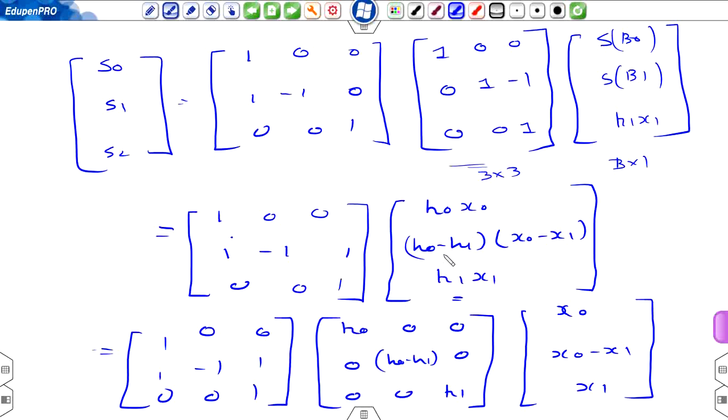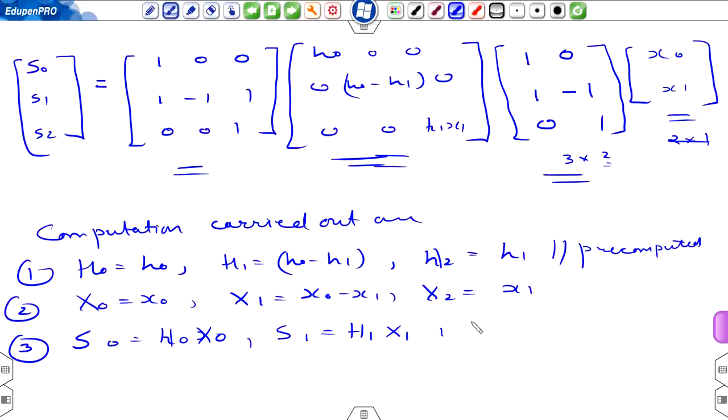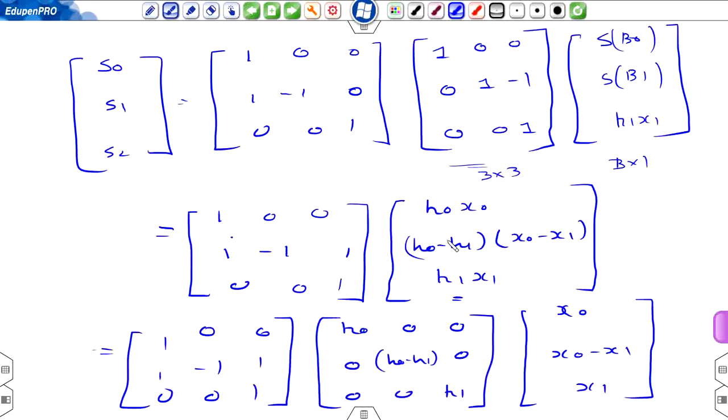This is H1 and this is X1, and S2 is equal to capital H2 into capital X2, that is H1 into X1. Okay,